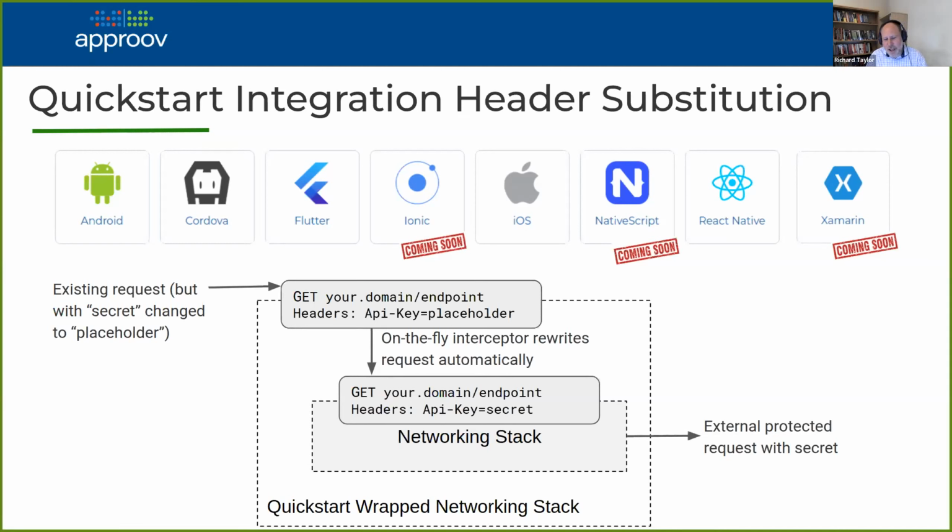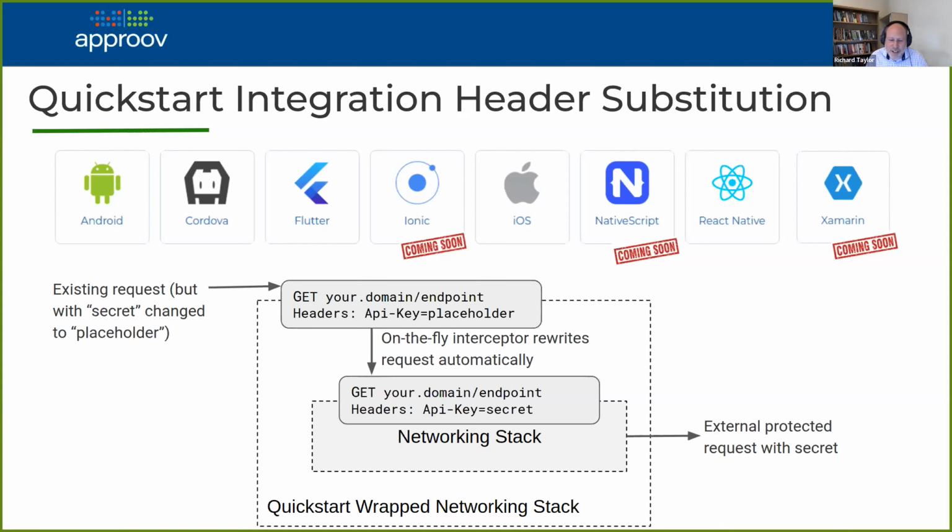So basically, if you're providing the API key as a header, then it will detect that API key is there. It will go out to Approov, and if the app checks out, then it basically makes a replacement, puts the secret in, and then the actual request is made with the secret. So this is all done in memory. It doesn't need to go out to Approov every single time for every API request. It securely stores those secrets in memory for a short period of time until there's a refresh requirement.